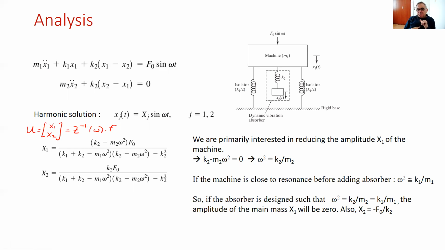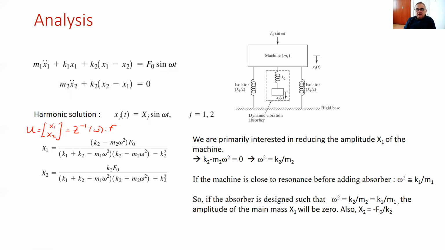And on the other hand, if your main mass and spring system had a resonance close to the operating frequency, in that case you would be designing your absorber so that K2 over M2 is equal to K1 over M1, which is equal to omega squared, which is equal to omega n squared, okay? In that case, instead of being close to resonance, the main machine will have zero amplitude, zero vibration, theoretically